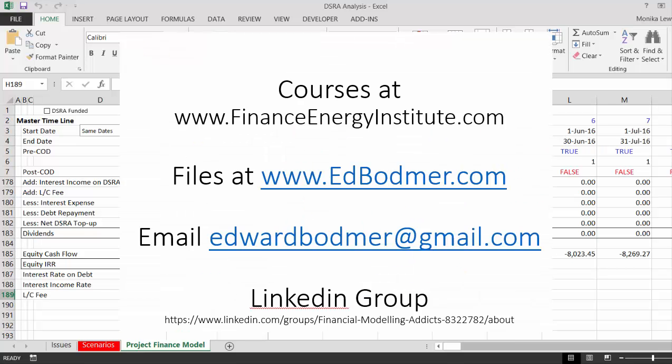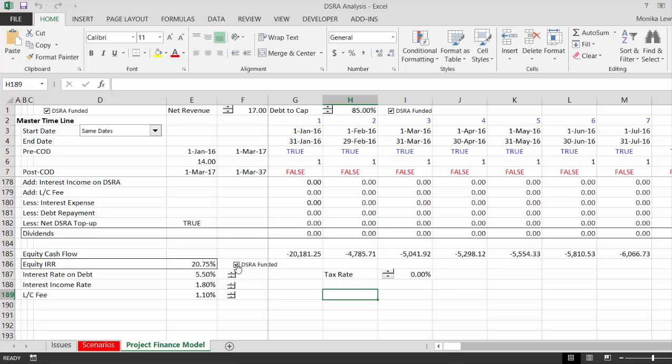Well, let's put, so here we have a difference, 21.84 versus about a 1% difference. That's all. Let's make it back to this one. And if it's this, still about the same. Oh, let's put a little bit more realistic interest income rate. How about this? Let's put a little bit lower LC fee. 11.112, so about 1.5%. Now, if we put a tax rate in,